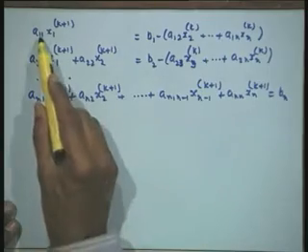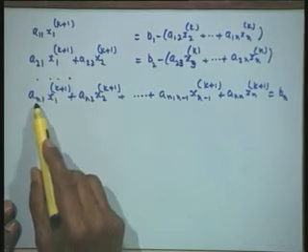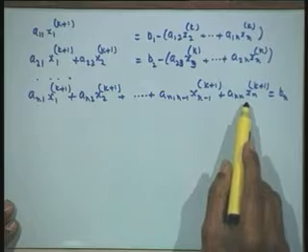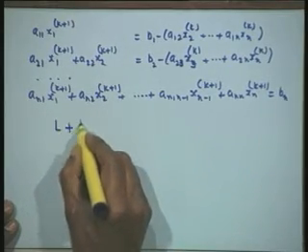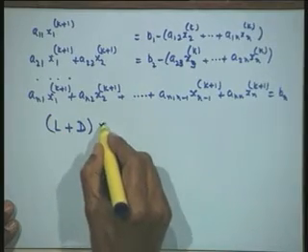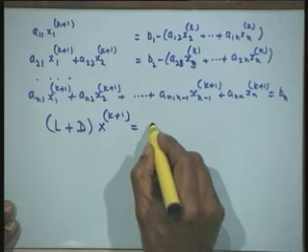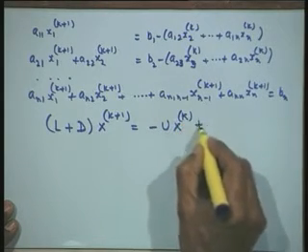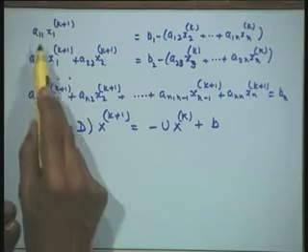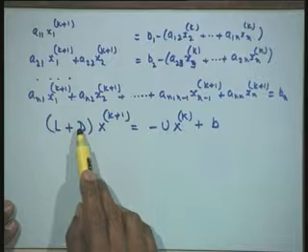Now, let us look at the coefficient matrix. The coefficient matrix is a11, a21 a22, and the last row gives you an1 an2 ann, that is nothing but L plus D. So both of them are on the left hand side. I have L and D on this side, with x^(k+1), and only the upper triangular part has gone to the right hand side, so minus U x^k plus b.